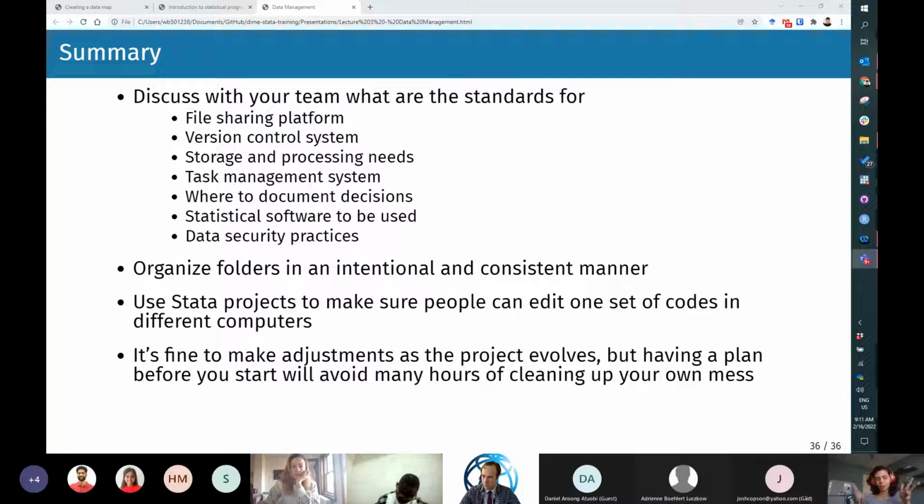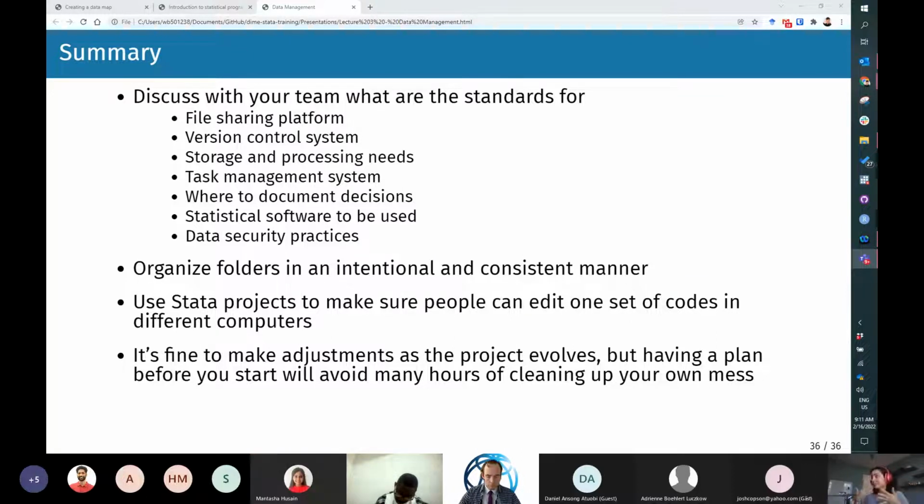But the whole idea behind that presentation was to encourage you to discuss with your team as you start a new project and as you start to receive data, to really have a conversation and agree not only on how you are going to do your work moving forward, but also agree on a shared mental model and on a shared vocabulary to discuss how your project is going to work.